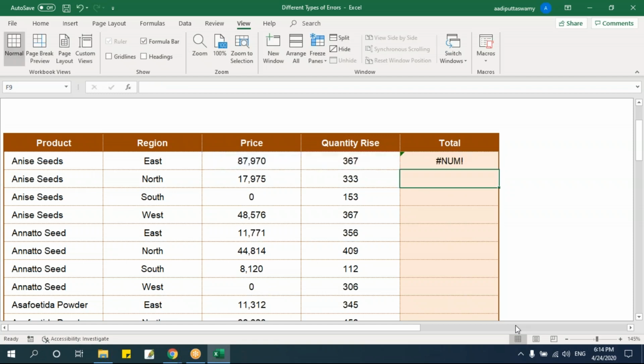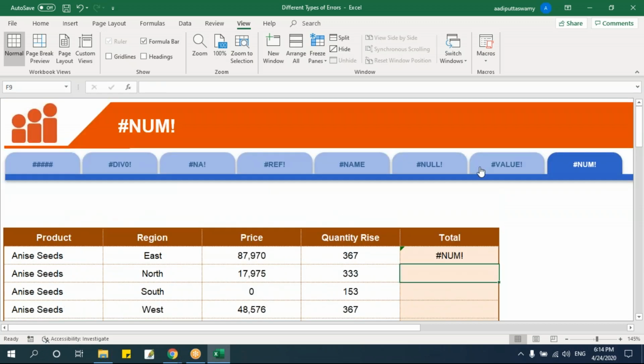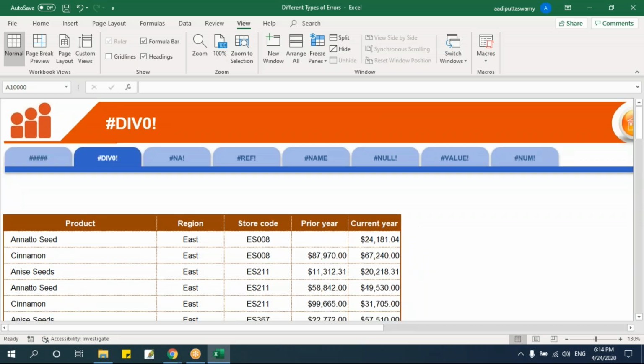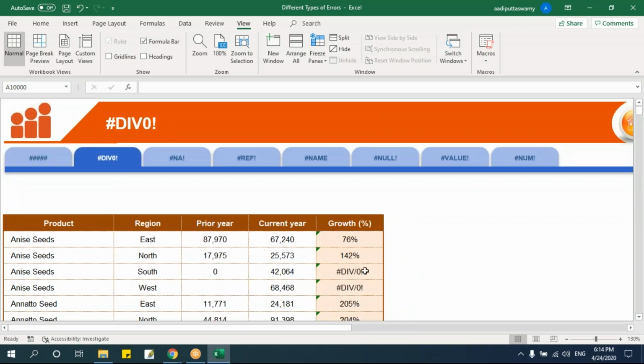So what will happen in that case? It will say I cannot display the number. So I'm just saying that I don't know to display so big number. It will just give me the error saying that it's a big number, say hash num error. So these are the errors what we have. Say hash error, that is because I don't have space. Division error, that I get when I'm trying to divide a number by 0.